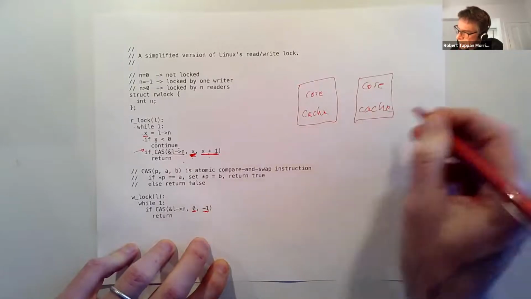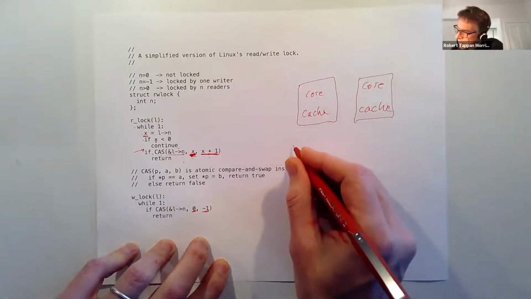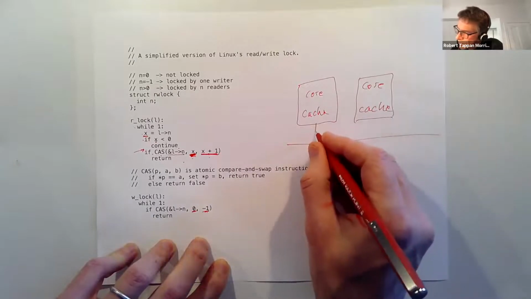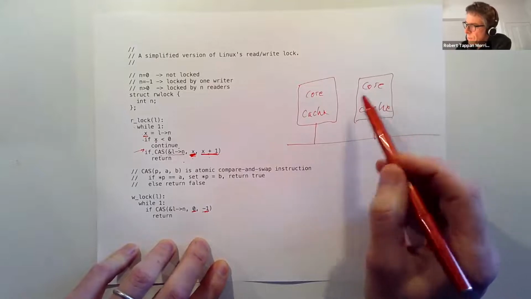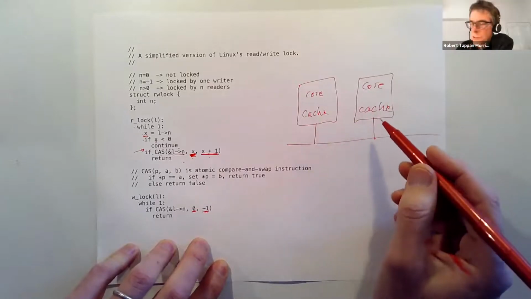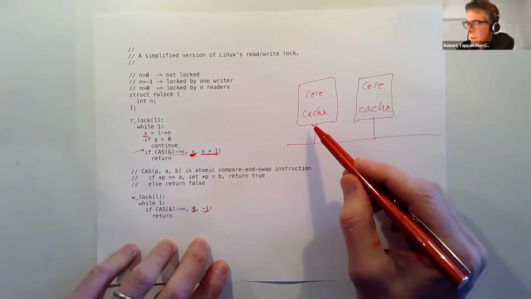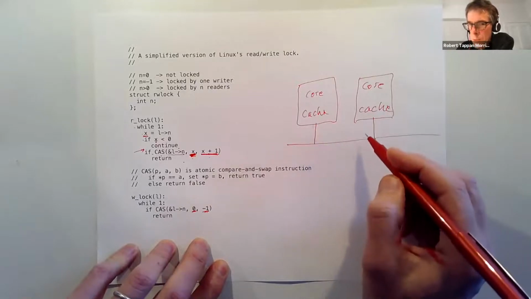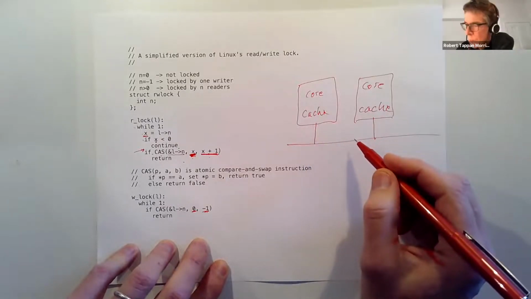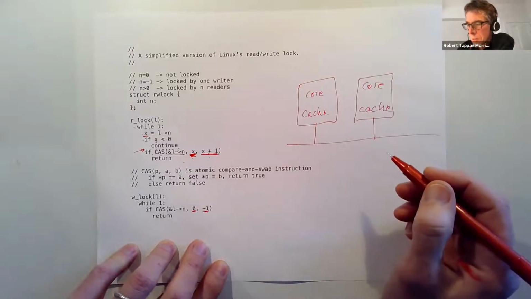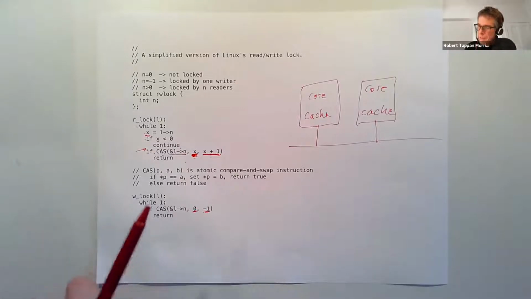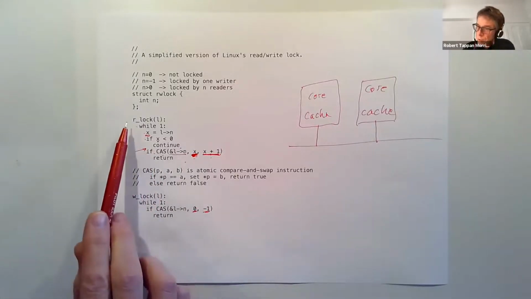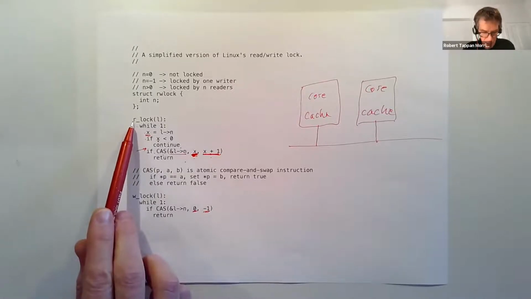And so there may be lots and lots of cores, and there's some kind of interconnect network that allows the cores to talk to each other. Because, of course, if lots of cores have some data cached, and one of the cores writes that data, the writing core has to tell the other cores that they're not allowed to cache the data anymore, which is called invalidation. So what actually happens if you have n readers, n people calling RLock at about the same time on n cores,